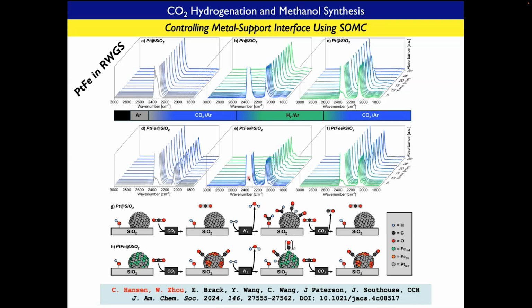So clearly, having iron and platinum together fully changes the reactivity of platinum, and we believe what is happening is that, by having iron, we activate some kind of redox process between platinum iron and platinum iron oxide interfaces, which promotes